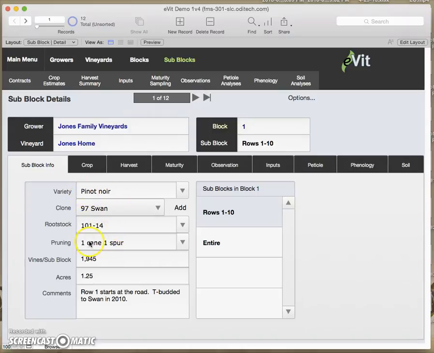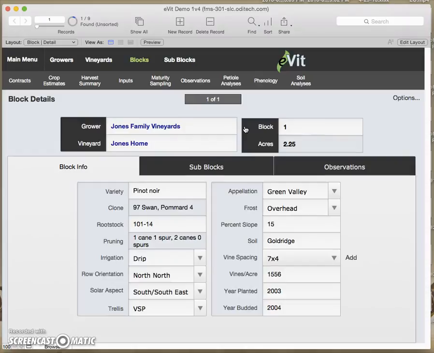items here are identified here, but also kind of inform the block level. So as a reminder, each one of these blue hyperlinks here will take us back to that level. And so if I click on block 1 here and go up one level in the hierarchy, you will see